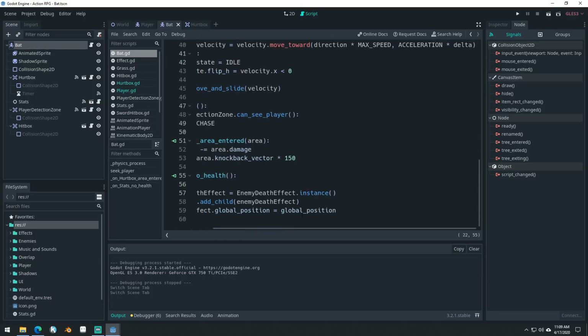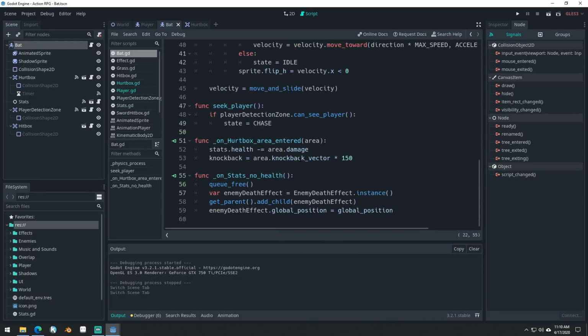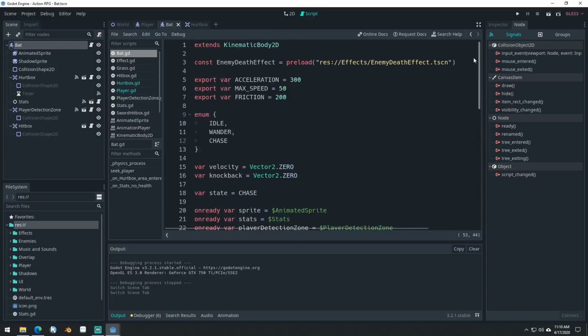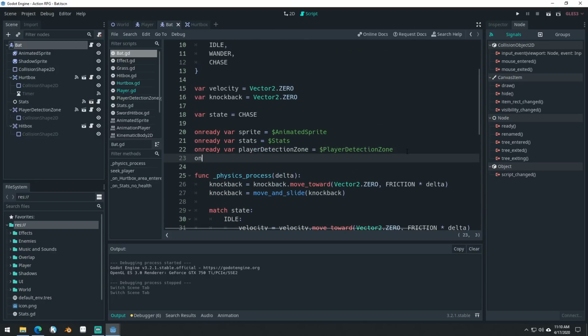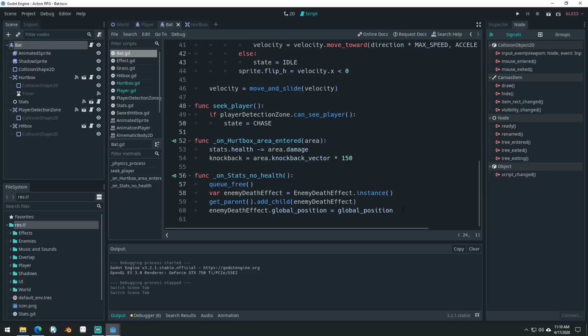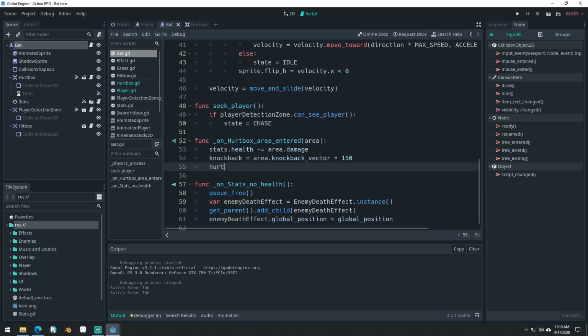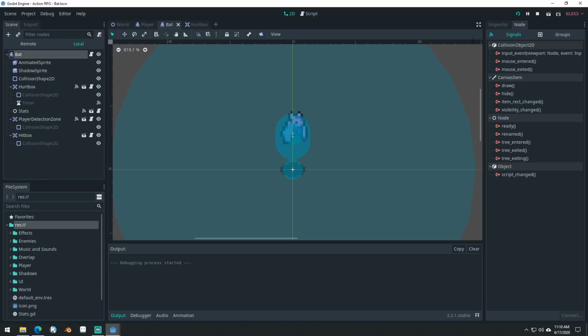We need to do that in our bat as well. So on hurtbox entered right here, we need to get access to the hurtbox up here. So on ready var hurtbox equals hurtbox. The reason I create this variable up here instead of just using this all the time is in case you end up changing the name right here, you don't have to change it everywhere in your code. You can just change it once up here. So then we can say hurtbox dot create hit effect. And our bats don't need an invincibility,